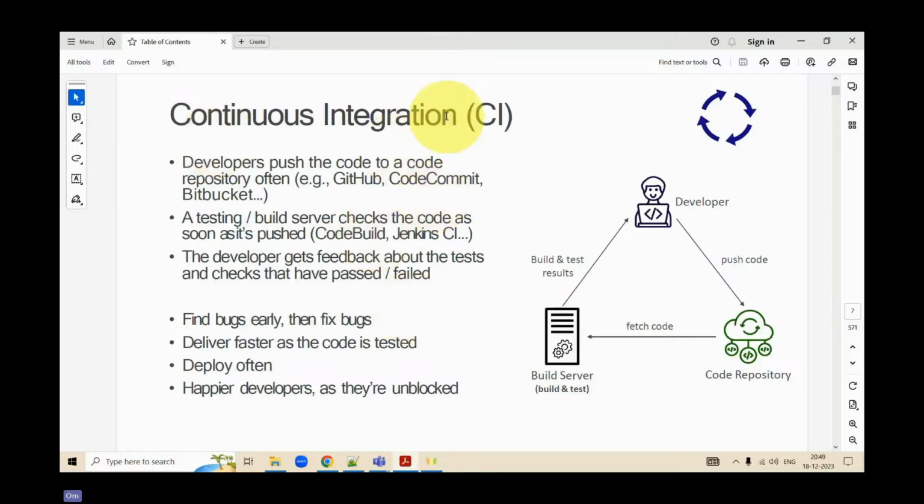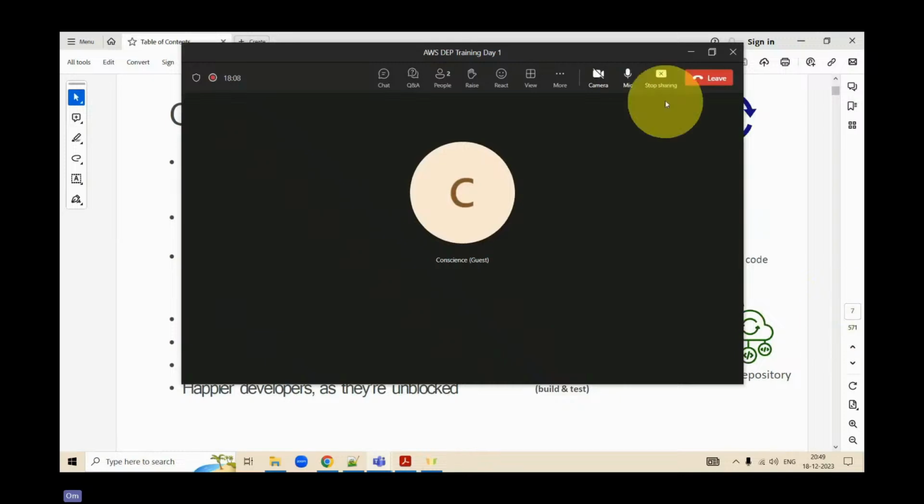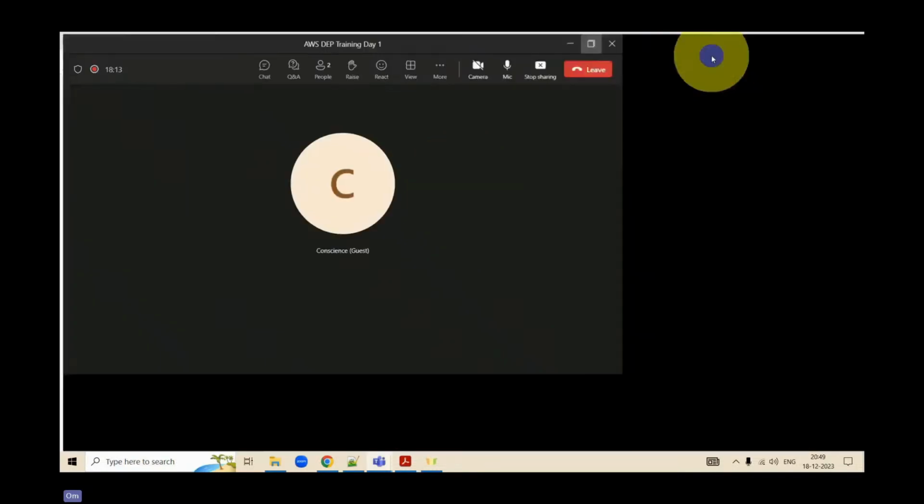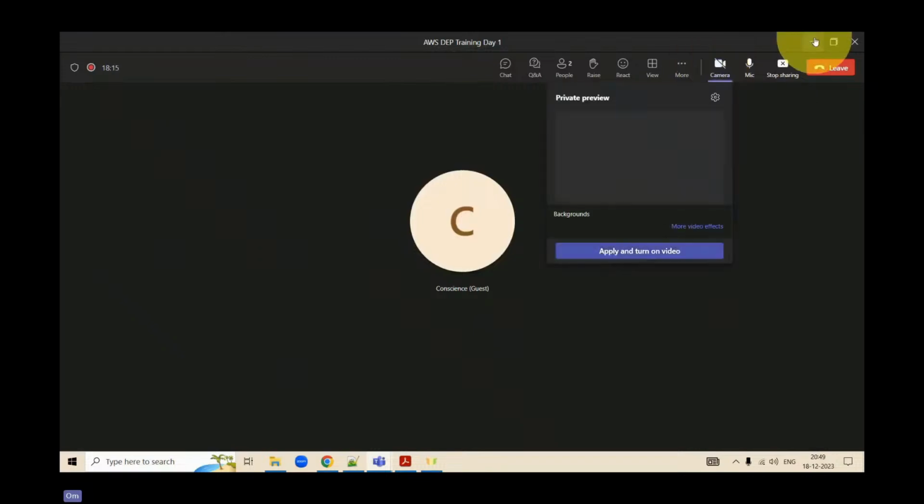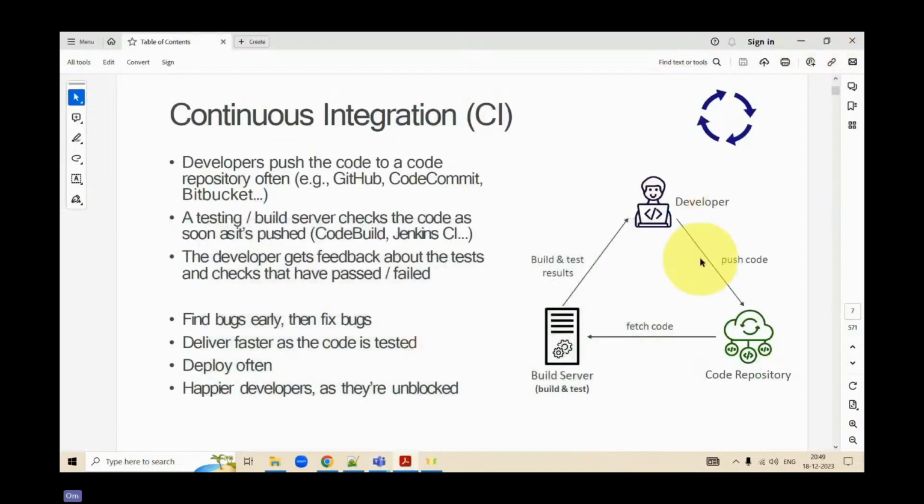Now, there are many developers who work in a company or in an organization, right? When they are working, they need a central place where they can push code. Why does the developer want to push code? If a second developer wants the same code as a reference, the developer first takes the code from there and then uses it as a reference. Clear?